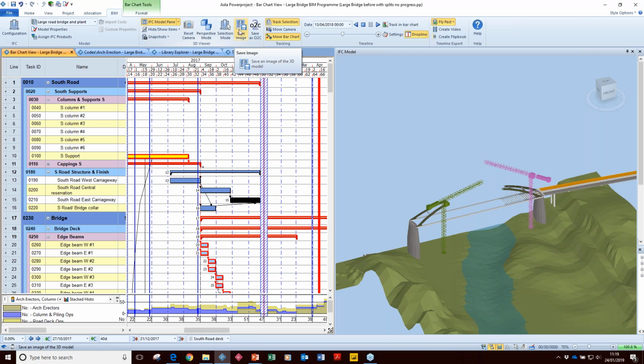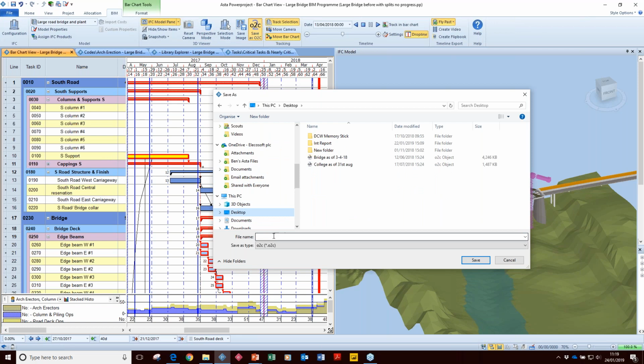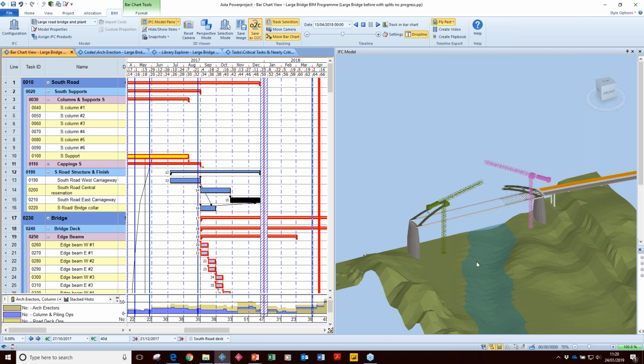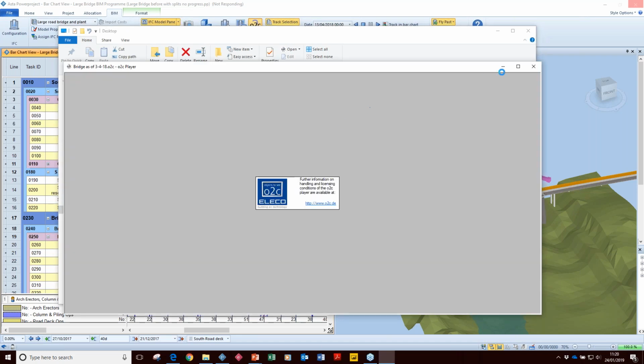Whilst on this menu bar, there's also the option of Save to O2C. O2C is a proprietary modeling format which is highly compressed. If I save an O2C file to my desktop, you can see some examples where I did them in the last webinar. Bridge as of the date there, which is the 14th of April. I export this highly compressed O2C file, but importantly, it's going to export it based on the time that we're currently at. So if I go back into my desktop and show you those, spat out onto the screen,